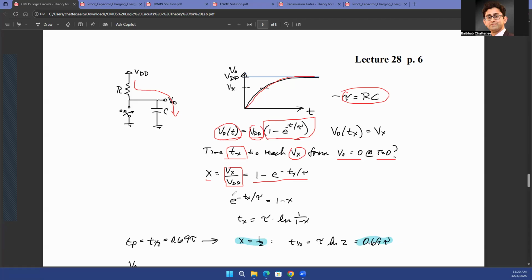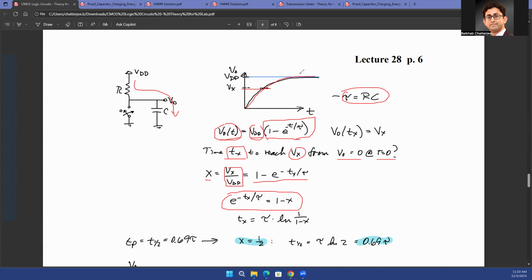So e to the power minus Tx over tau is going to be 1 minus x, where x is the ratio of Vx and VDD. So Tx is going to be tau times ln of 1 over 1 minus x. Now you can put whatever value of x that you want. Let's say you want x to be equal to half. If you want to reach 50% of the